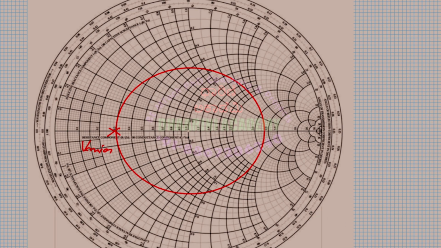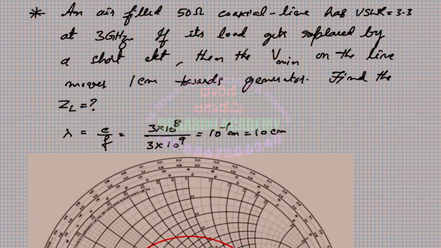That means I have to move clockwise by how much? By the distance, that distance is not known. They say that distance is given as 1 centimeter. Correct? Yes. So let me make that calculation here. So lambda is equal to 10 centimeter. This implies the distance